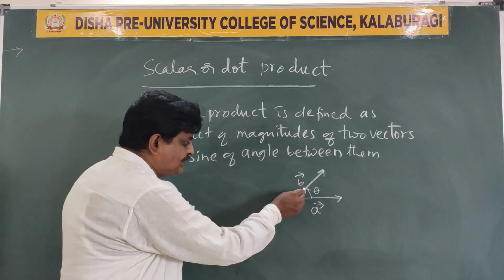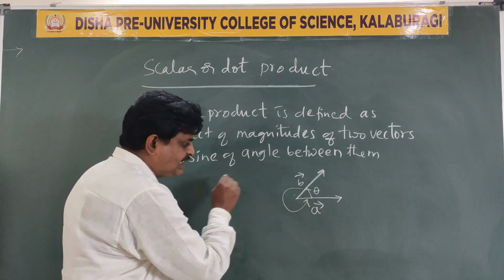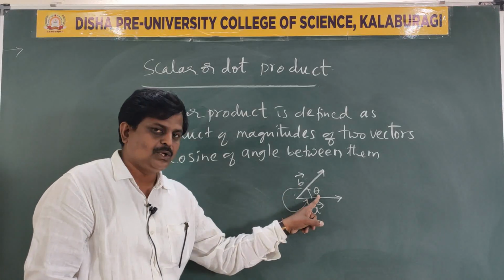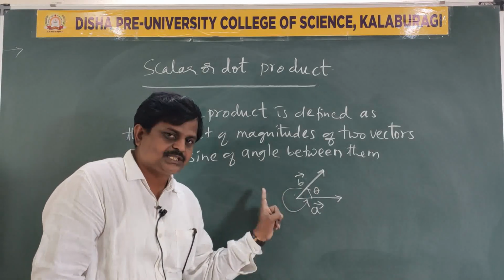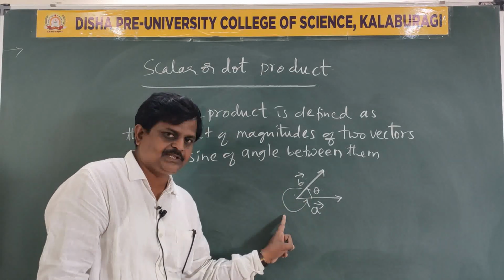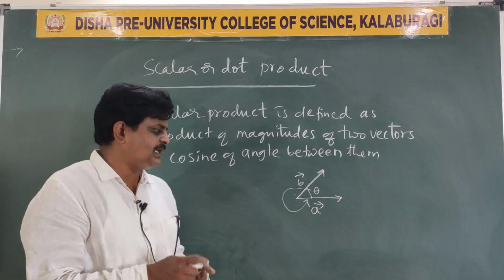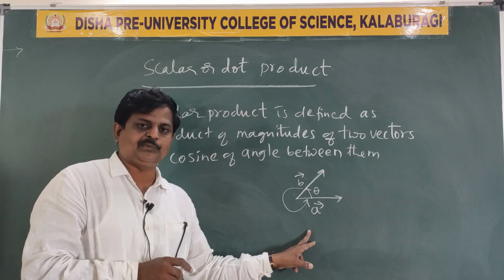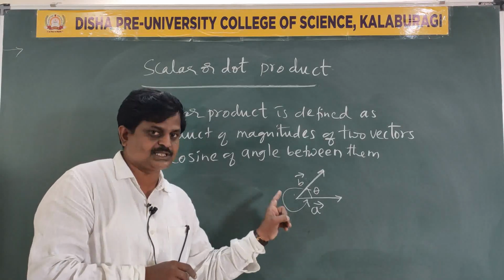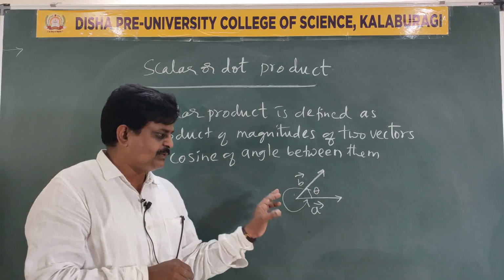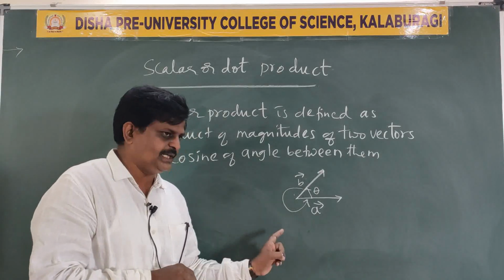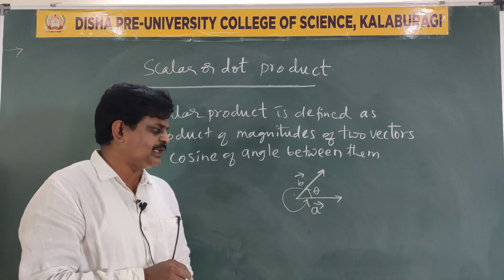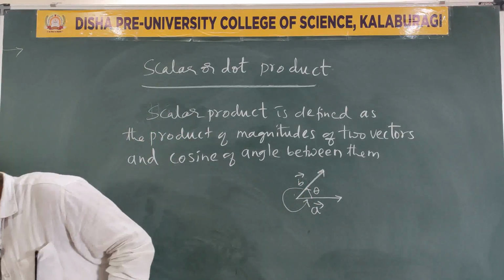So you may define a dot product between B and A also. Just see, when you define B and A, what could be the angle between the two vectors B and A, please? When this is theta, logically 360 minus theta. Did you get the point, please? So if you are operating the dot product from B to A, the angle between the vectors is going to be 360 minus theta. If you are finding the dot product of two vectors from A to B, what is the angle between the vectors? Theta. Remember this concept, please.